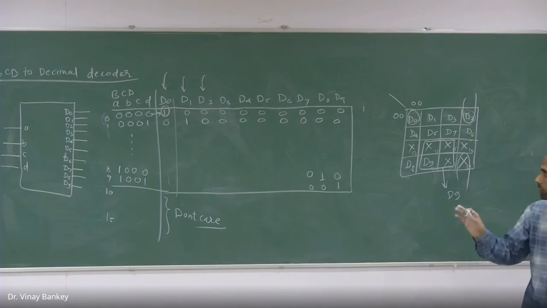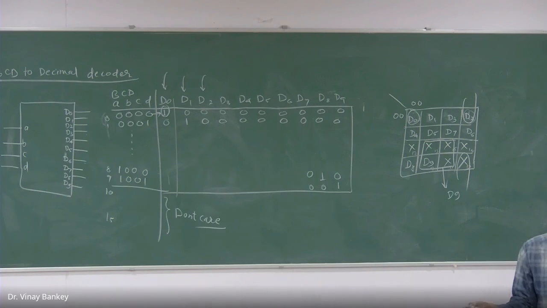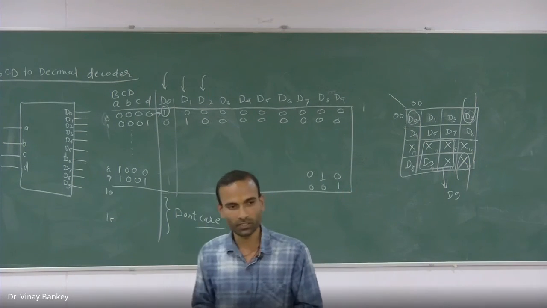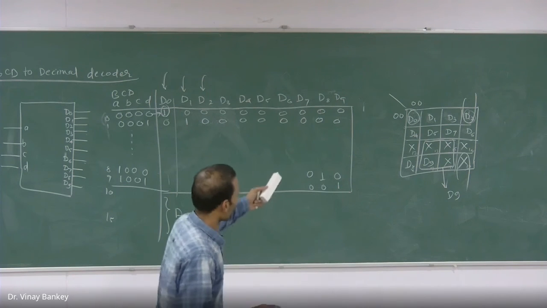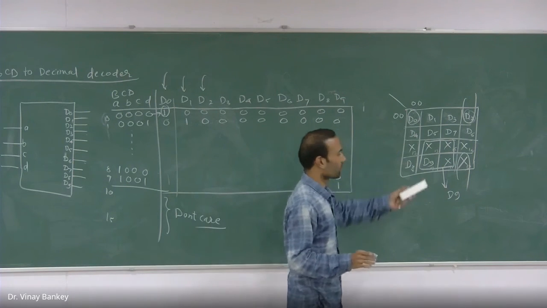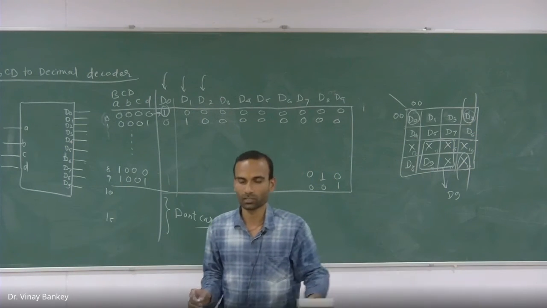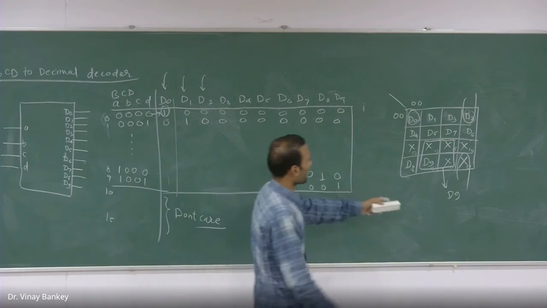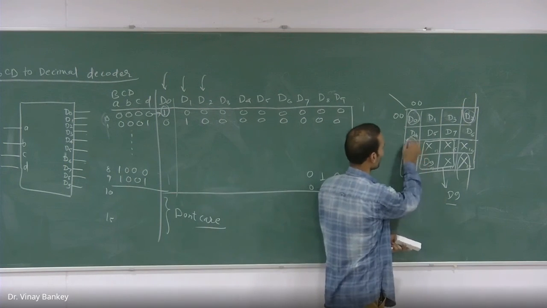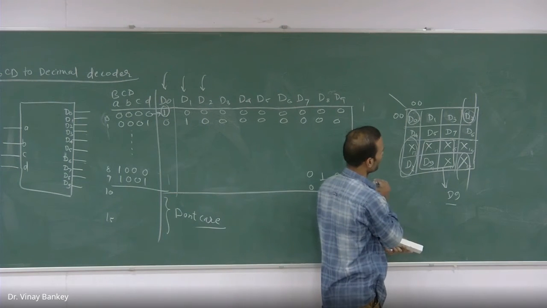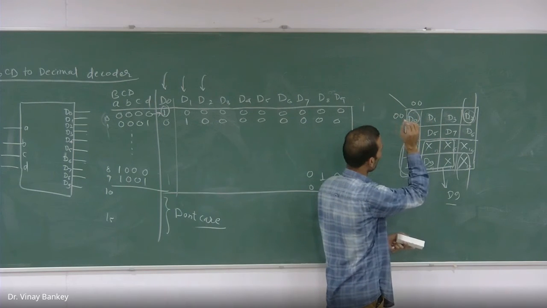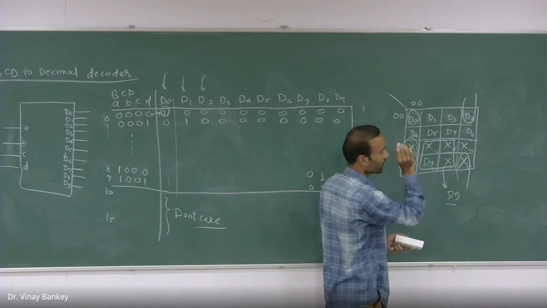You just need a few NOT gates and an AND gate to implement this. If the question does not indicate anything about the remaining combinations of BCD, then you will have to take each and every bit as high and write the min terms. But if they say to consider the don't care states, then D9, D8 also will reduce, because D8 will be like this, D7, and except D0 all will change. Correct.